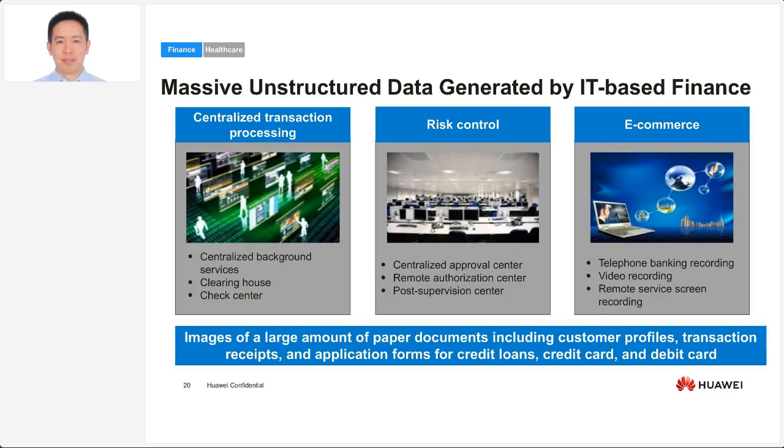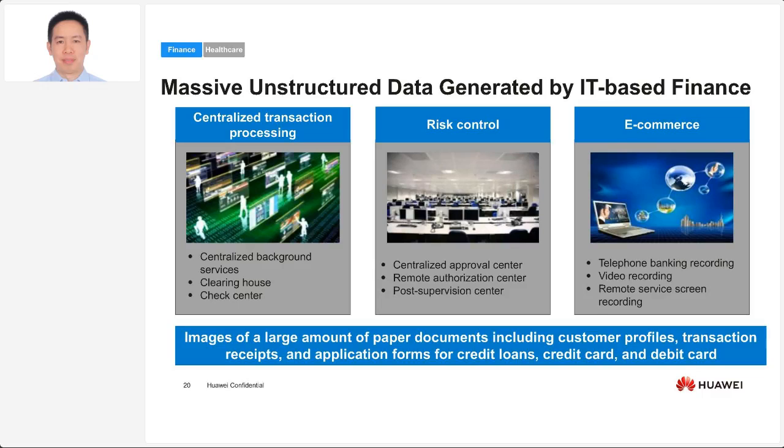For example, centralized transaction processing and risk control, e-commerce, you name it. Actually, there are images of a large amount of paper documents, including customer profiles, transaction receipts, and applications for credit loans, credit cards, and debit cards. So all those are important